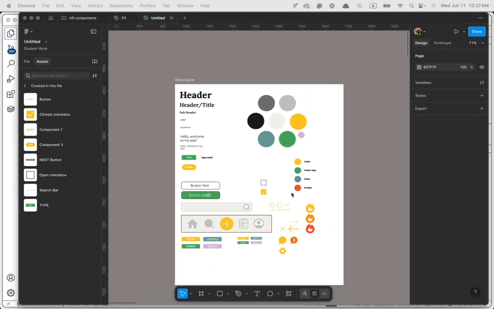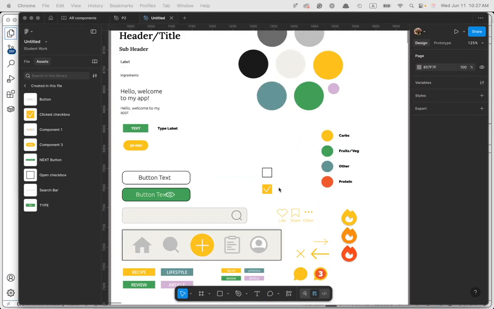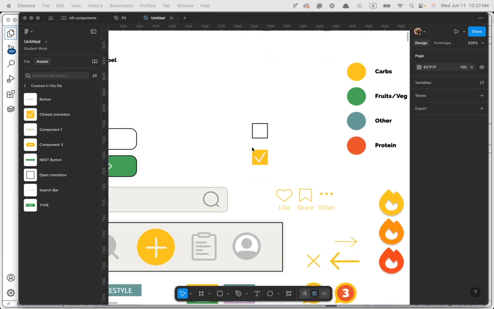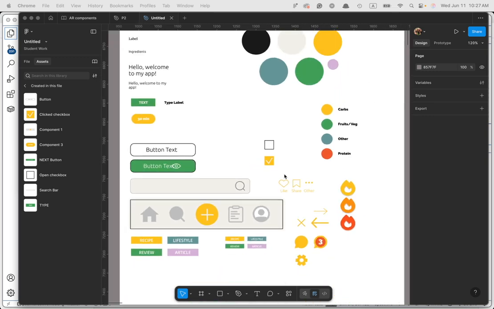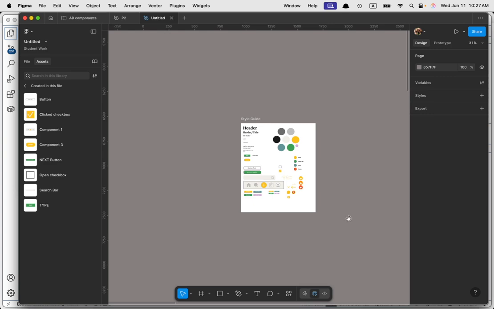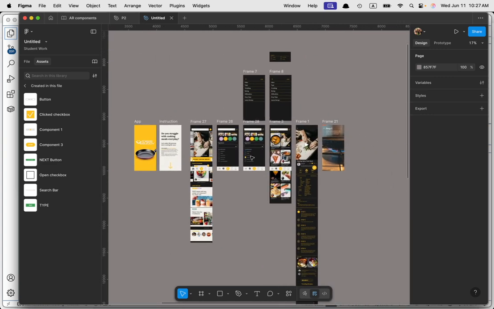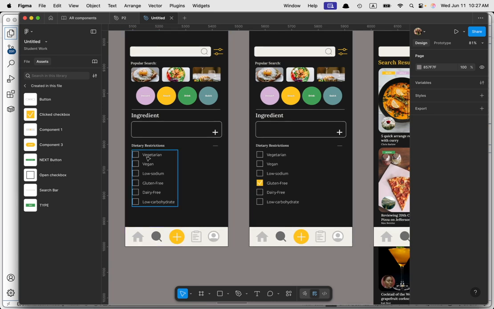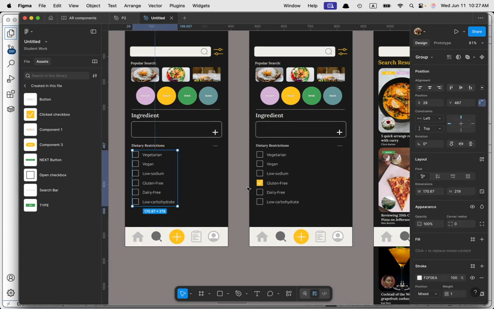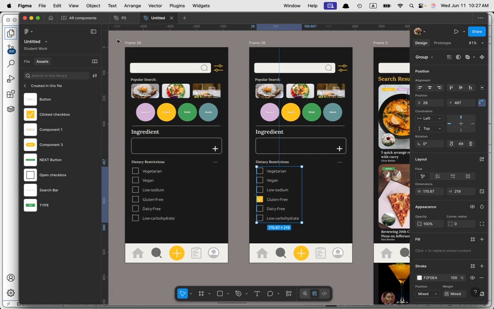Hey everybody, I have a design that was made in 2023 in Figma, and I want to make it more DRY, don't repeat yourself. So if we look at this file, there is tons of repetition going on. There are these checkboxes, they are components, but this was in the days before variants, I believe, and so they don't do anything. You can't wire them up as prototypes, so this design had to be duplicated in order to